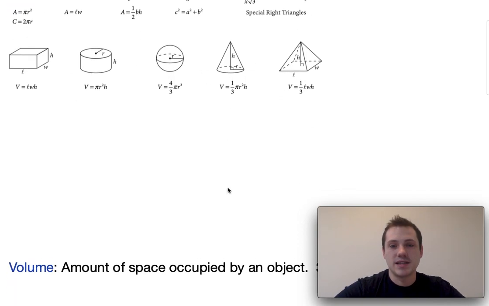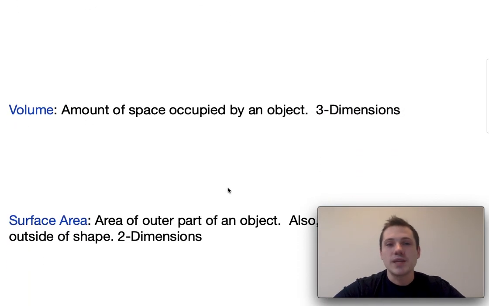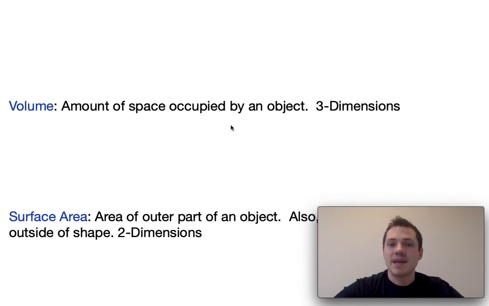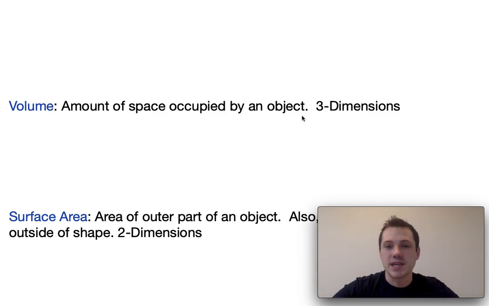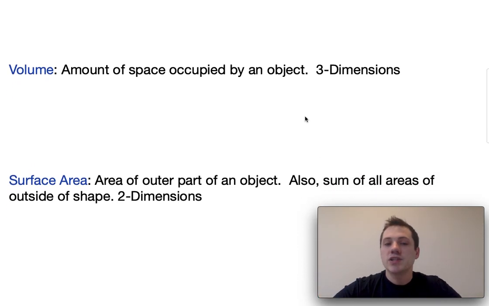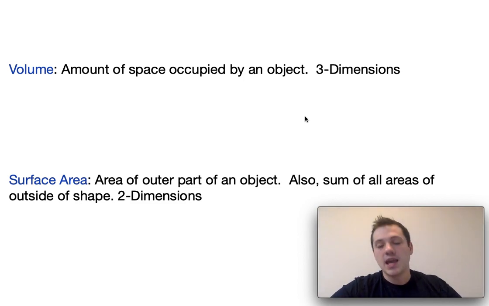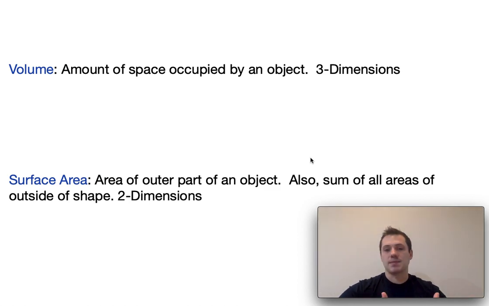So if we look down here, look at that. We can see that volume is defined as the amount of space occupied by an object, and volume is typically three dimensions. We have some kind of width, some kind of height, and some kind of depth associated to find a volume. Surface area is going to be the area of the outer part of an object, and you can also think of that as the sum, remember sum means addition, of all areas outside of a shape. And surface area is typically two dimensions. So just to emphasize that,